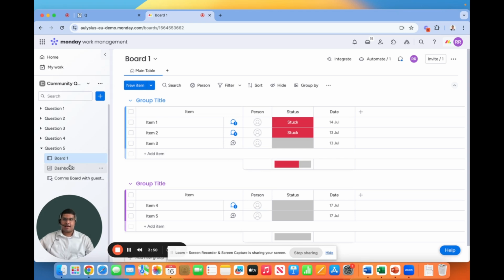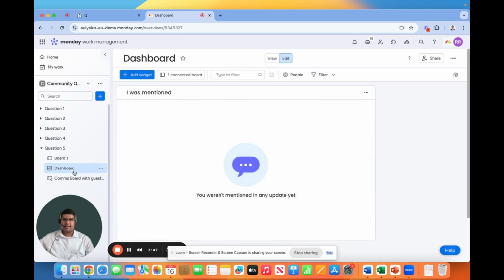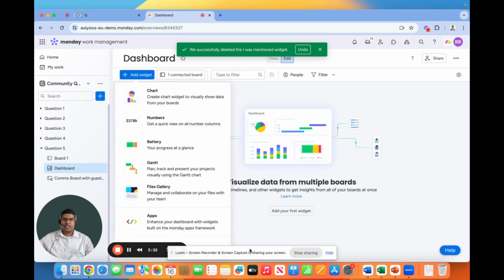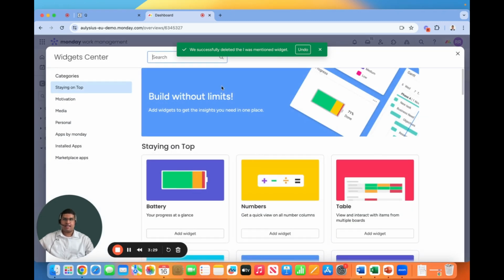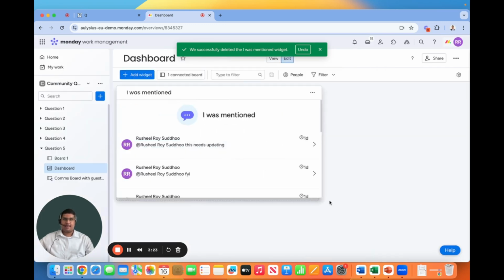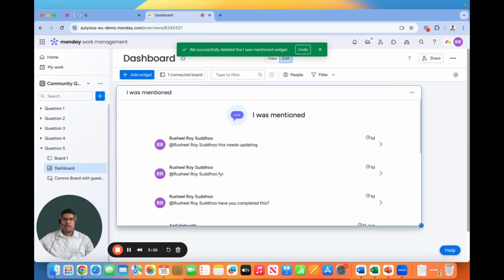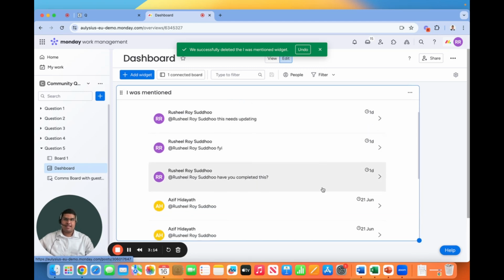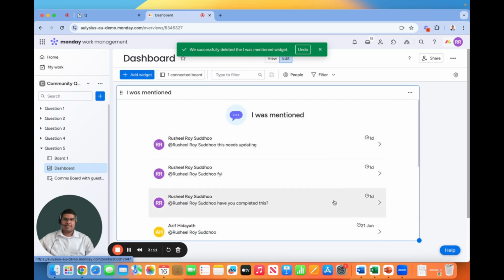The next item that I would like to cover here would be using a widget called I was mentioned. So here we got the dashboard, and that dashboard is connected to board 1. If I click add widget and I click more, I should be able to look for a widget called I was mentioned, and it does look like what it says. So it will show you all the items that you were mentioned in, tagged in. So here I can already see I got in the past day 3 items that I was tagged in,